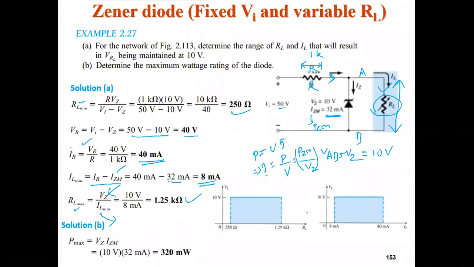Just look at it. So here also it is asking in part B what is the maximum wattage of the diode. So that is equal to VZM IZM. तो यहाँ पे ये क्वेश्चन के हिसाब से पूछा गया है, नहीं तो कुछ क्वेश्चन में क्या दिया होगा कि ये PZM कितना है दिया होगा, तो वहां से IZM कितना कैलकुलेट करके इसको मैं यूज कर लेता यहाँ पे। ठीक है,